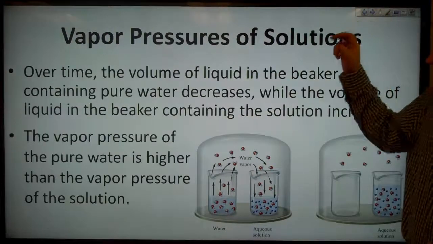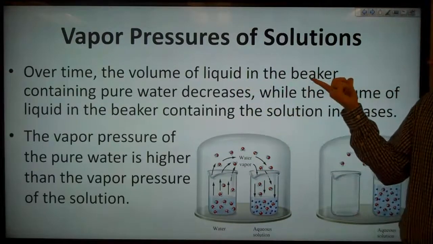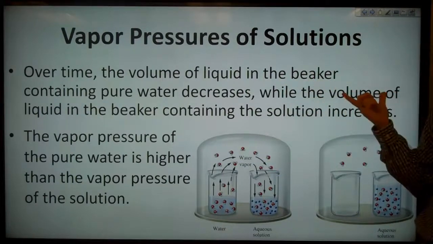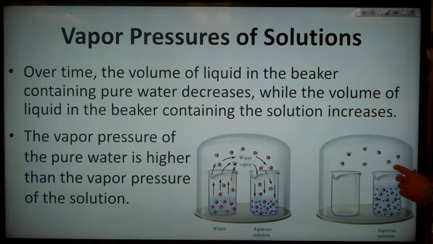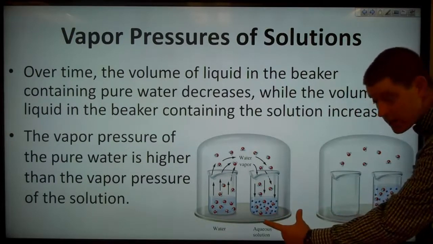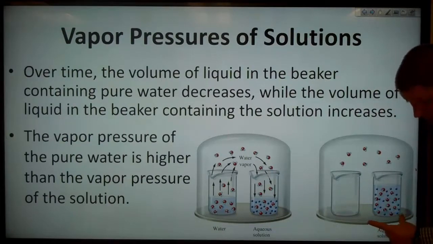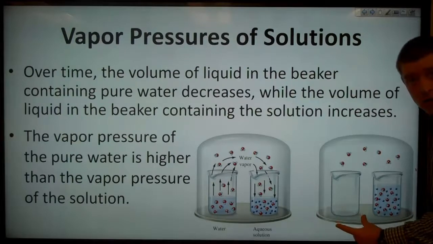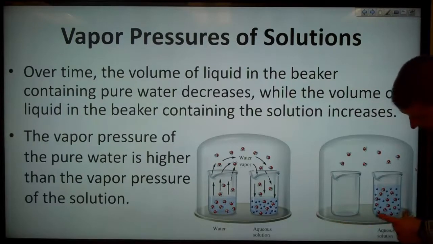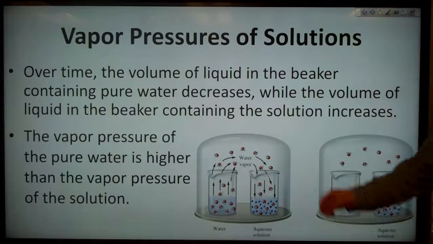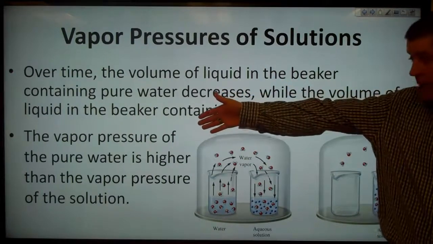Over time, the volume of liquid in the beaker containing the pure water, the one on the left, decreases, while the volume of liquid in the beaker containing the solution increases. So over time, we go from a case that looks like this to a case that looks like this. We end up having no water in the beaker on the left, and significantly more water in the beaker on the right. So the vapor pressure of the pure water is higher than the vapor pressure of the